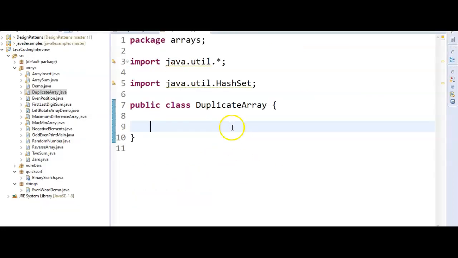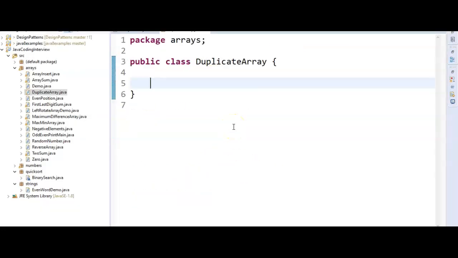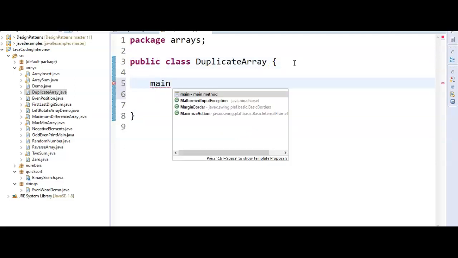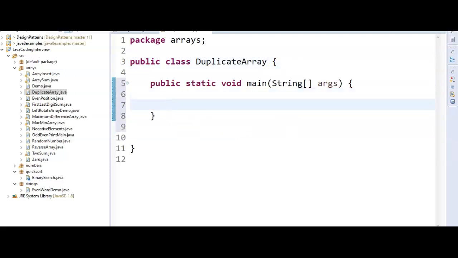So the first thing I'm doing is I have created a class and then I'm writing a main method. After this main method, first I'll create an array.